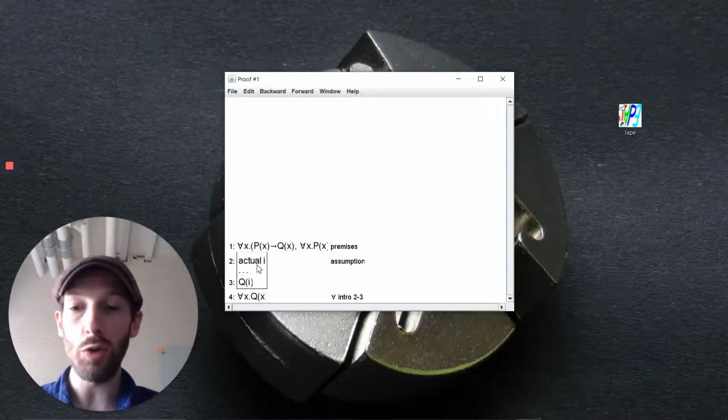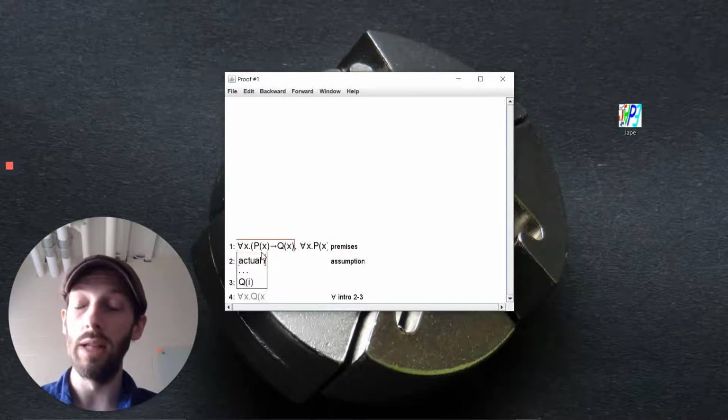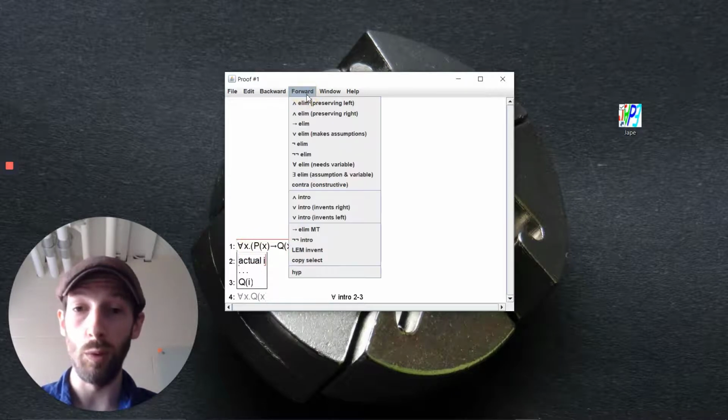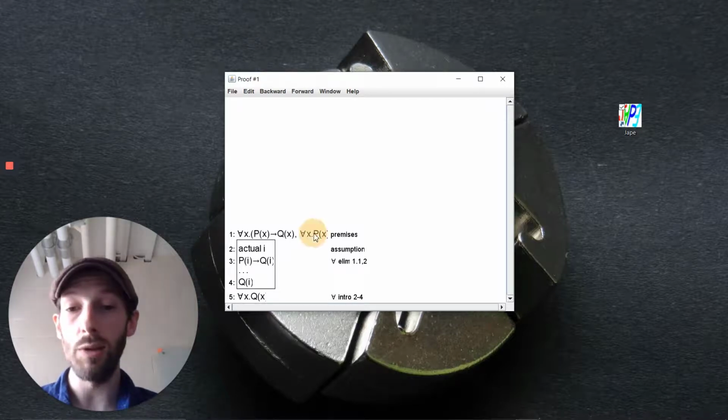So now that we have this actual I, this is a variable that we can use for other steps inside of our proof. And so in this actual I, we can tie it together with a universal elimination step. So in the forward path, we'll select this variable and then eliminate and get P of I implies Q of I. And the final step here is to look at our other premise and say for all x P of x,